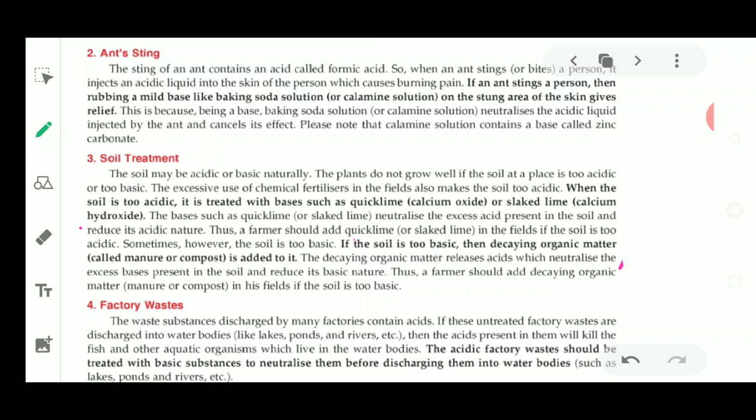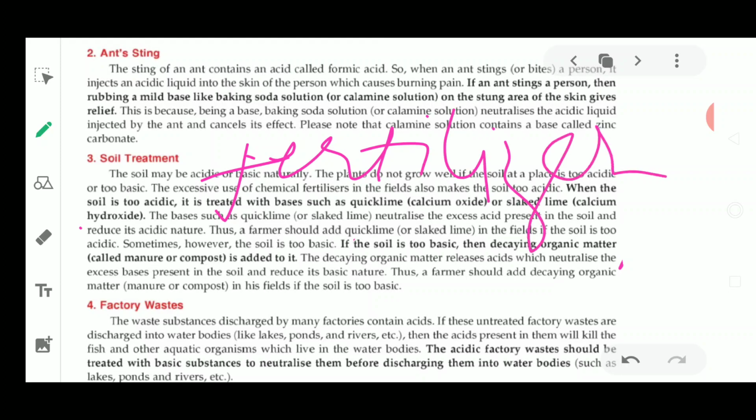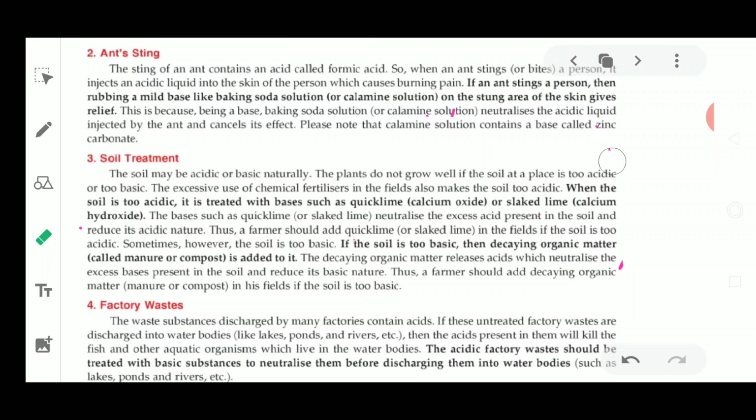And how is this acid added to the soil? By adding fertilizers. We are adding fertilizers in the soil to increase the fertility of the soil, to increase the growth of the plants, to increase the productivity of the plant, so the fertilizers are added in large amounts. So are these fertilizers basic or acidic in nature? If acidic fertilizers are added, it is going to give acidity to the soil, and if basic fertilizers are added, it is going to give basicity to the soil, meaning the soil will become too acidic or too basic.